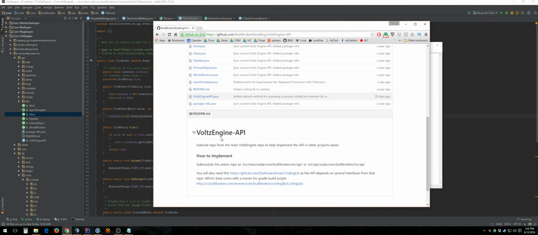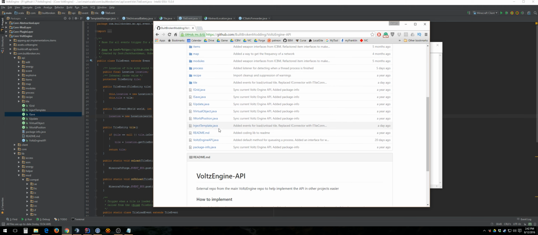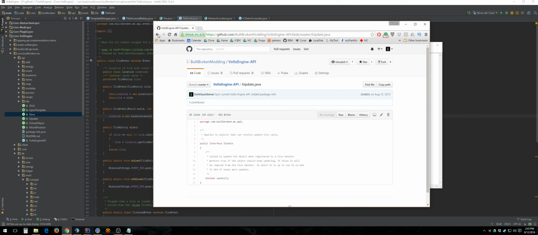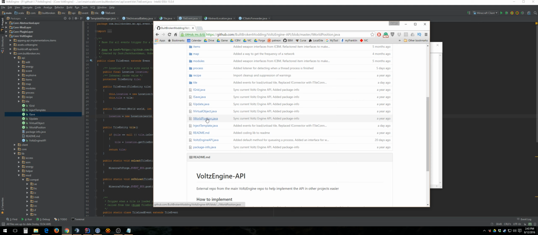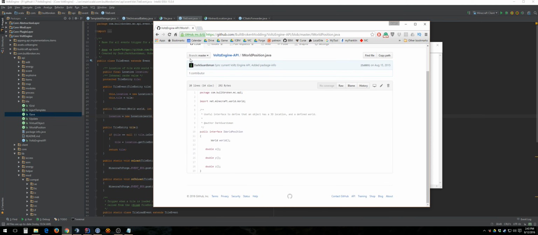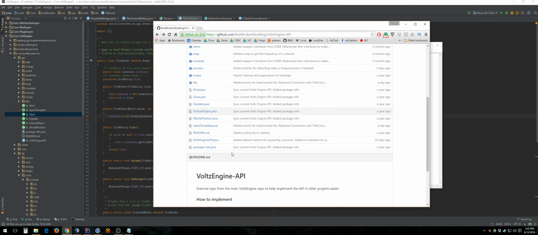This is one of the things I work on. I focus on readability when I'm working on this. When you see IUpdate, you immediately know that this has something to do with updating. IWorldPosition, it's a position inside the world. It's all about readability. But what I'll see people do,